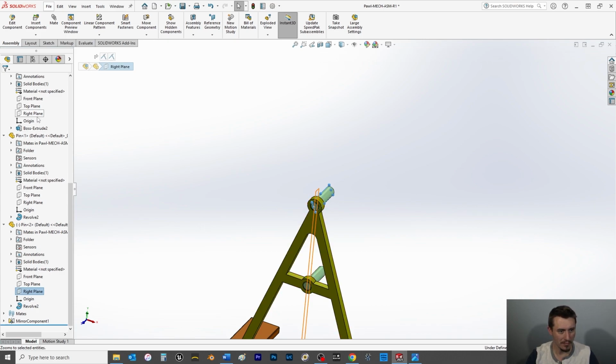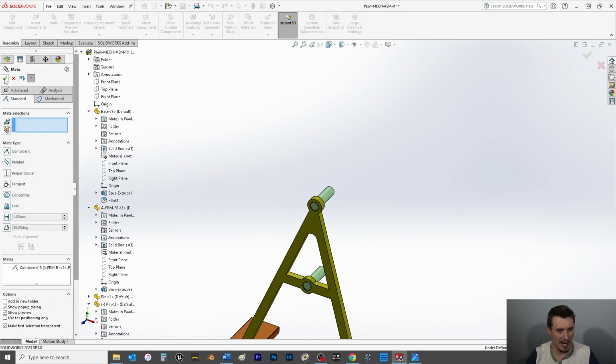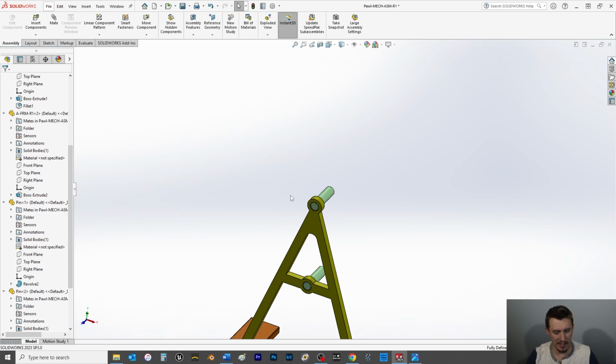And then we're going to right click or press Control and select the right plane from the A-frame and mate that, and there you see it corrected it to a 90. Click OK, Control S, and now from here what we're going to do